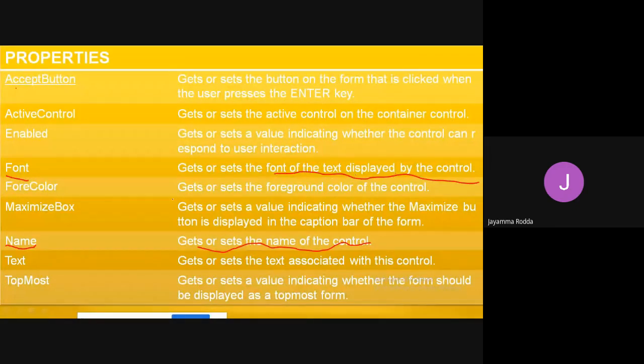Fore color is nothing but the foreground color, so the font color will be changed.